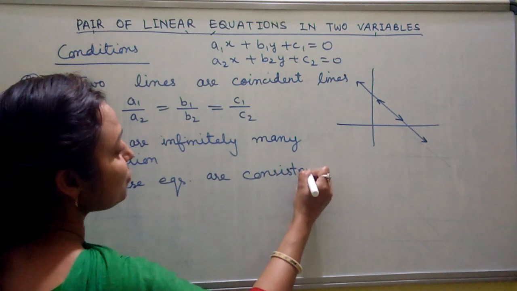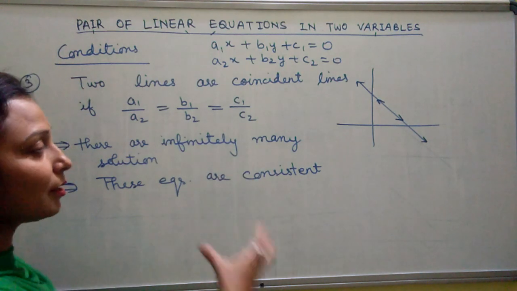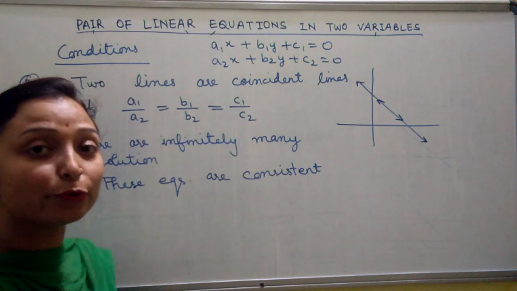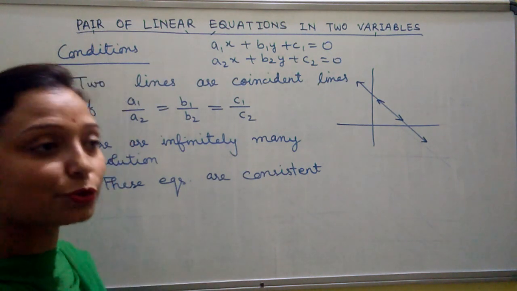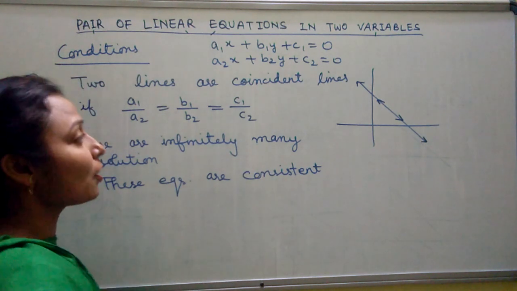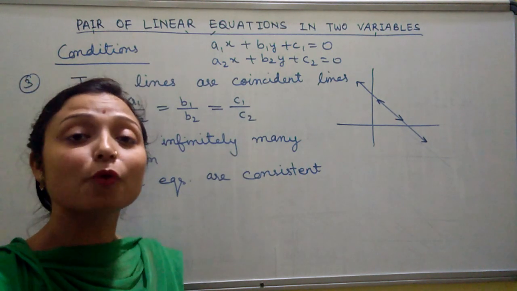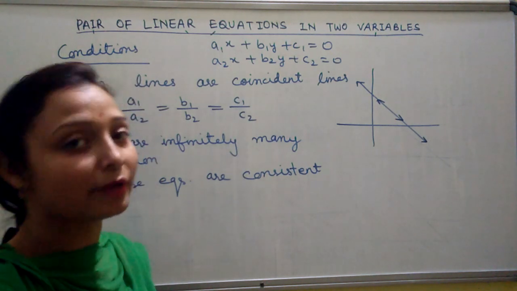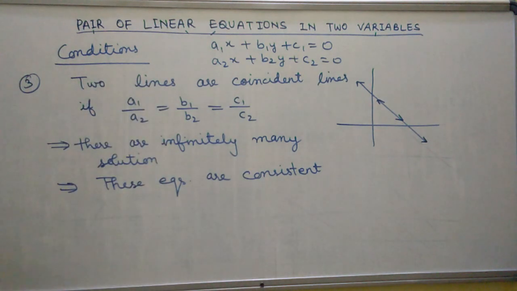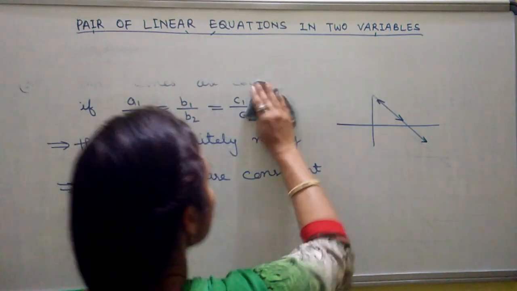So this is the way to find the consistent system of equations. By using only these conditions, we can say whether this has a unique solution, infinitely many solutions, or no solution without plotting the graph. Okay, now come to the statement question: how we can plot the graph and how we can find out the unique solution, infinitely many solutions, and no solution. So one question from your NCERT. I will take that question from your NCERT book.